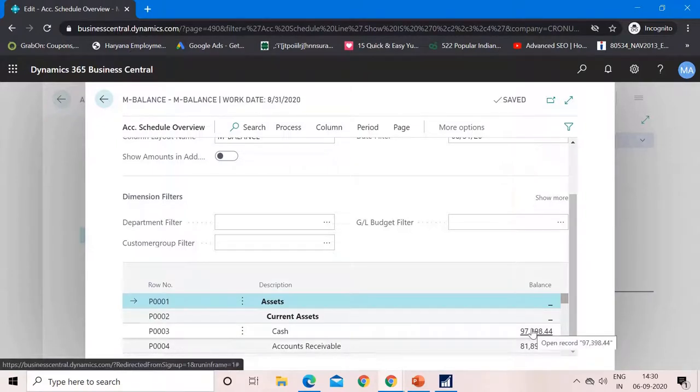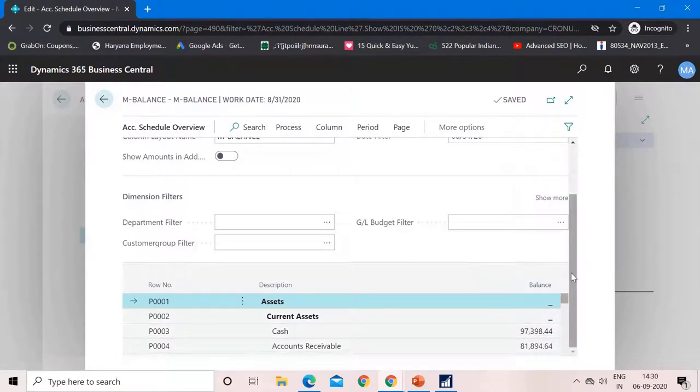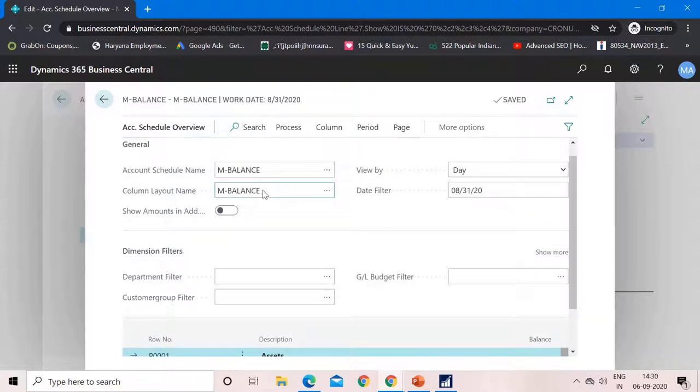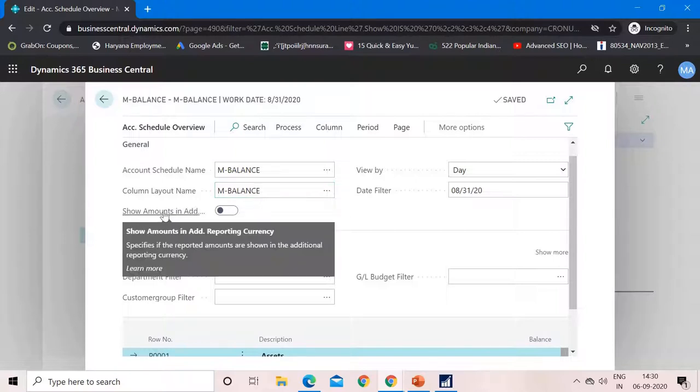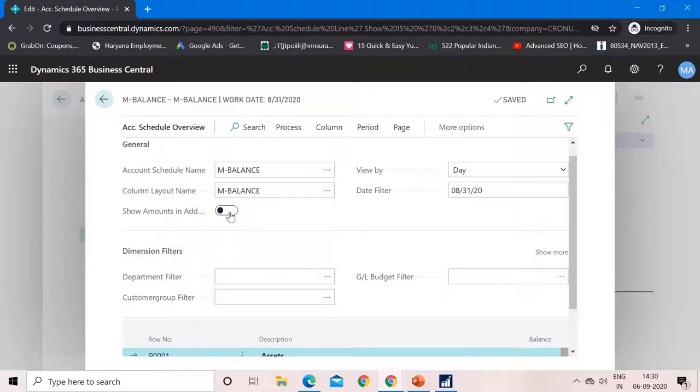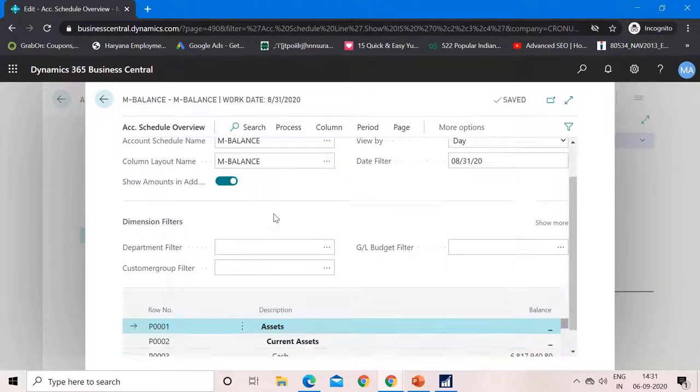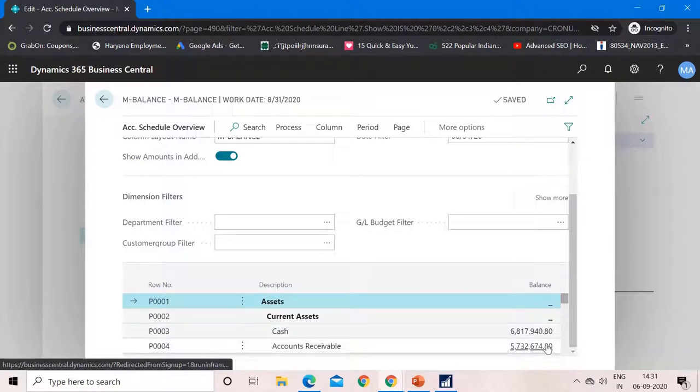Okay. Now because my company is also set up in India, I want to check the numbers in INR also. So what I need to do here in this reporting is just check this field, show amounts in additional reporting currency. So I can check this, and now you can see the balance is already changed to INR.